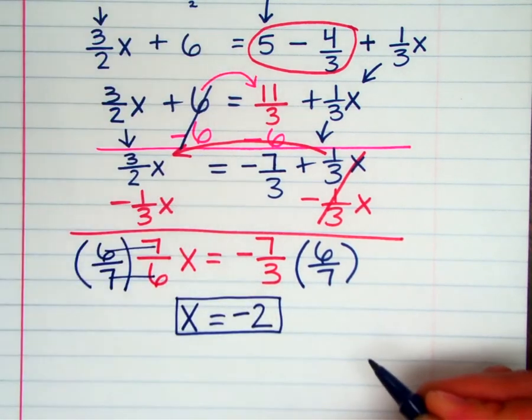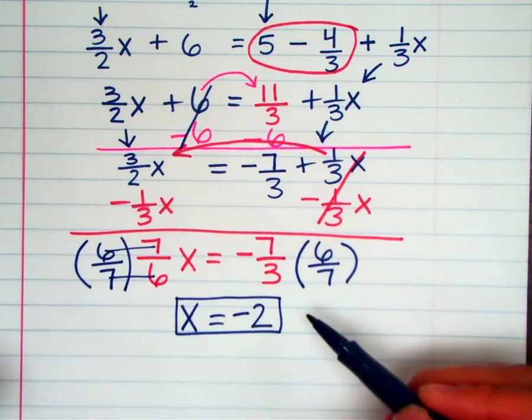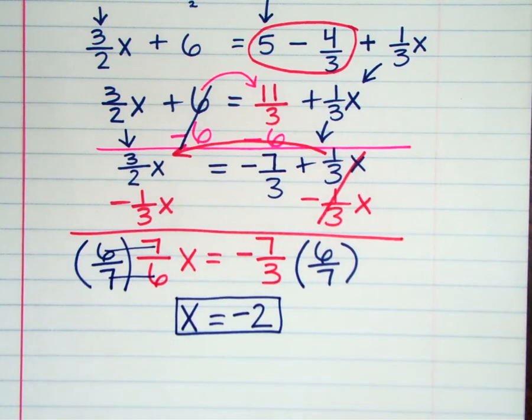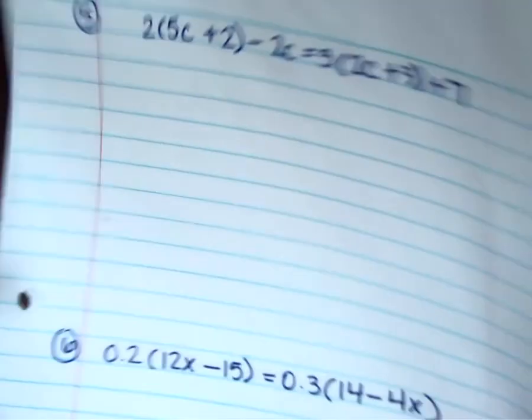And you're going to see we started out with all these crazy fractions, but we ended up with a negative whole number. So that is how you're going to do number 3. It was a lot of work. You can stop the video. I'm going to continue on to number 5 so that we can make sure we understand this material a little bit better. So on number 5 of your homework,